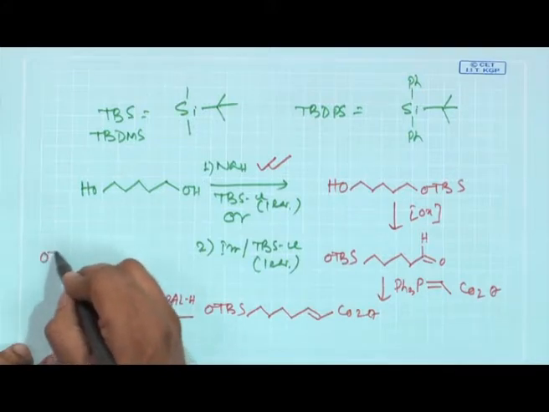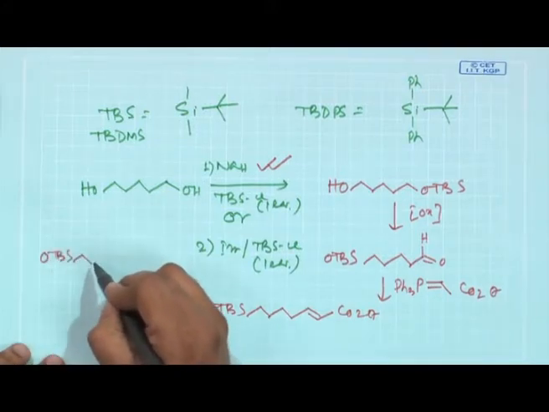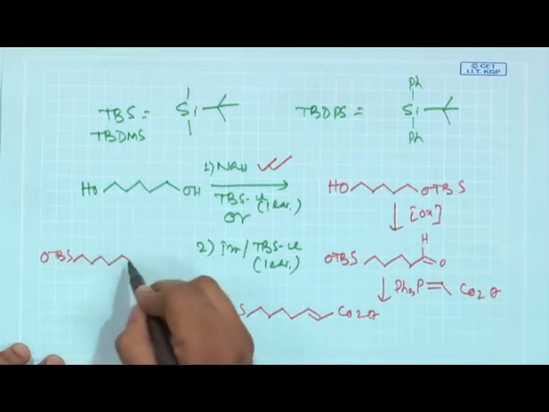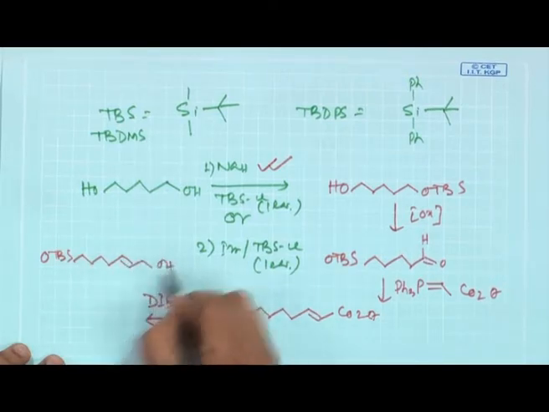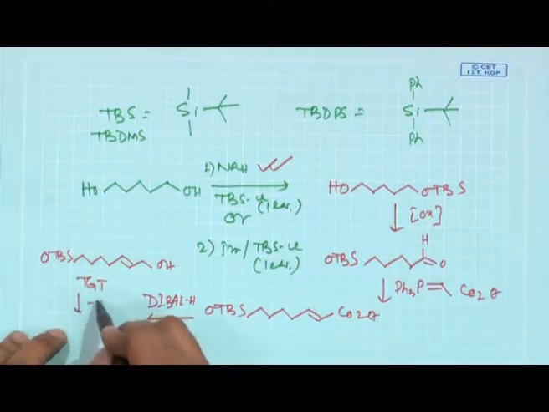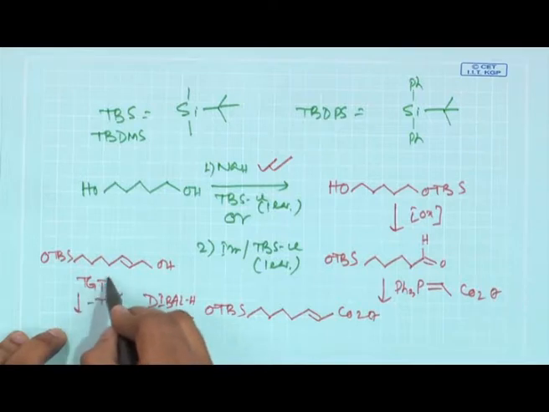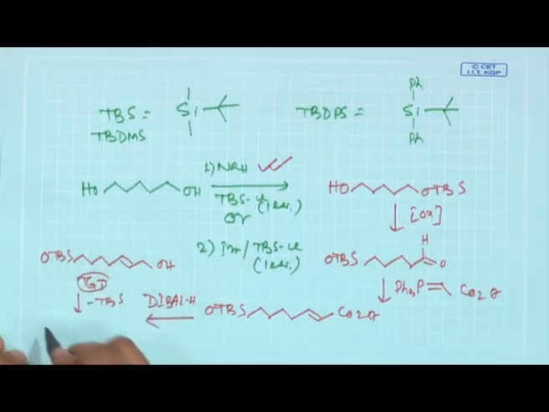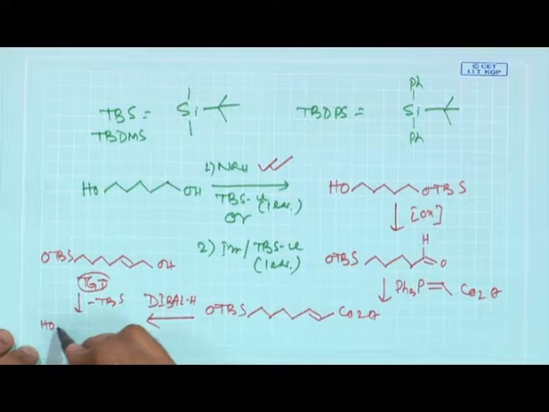your target molecule, which was an allylic alcohol. So, here you use this and then you just remove the TBS group. Sorry, this is not the target molecule, you have to remove the TBS group to get your target molecule. So, your target molecule is